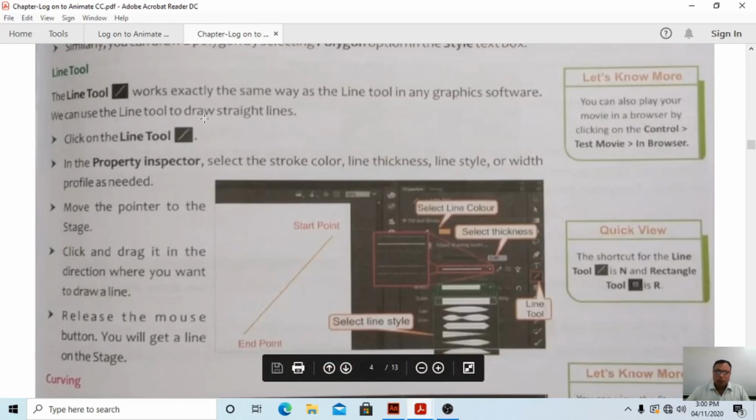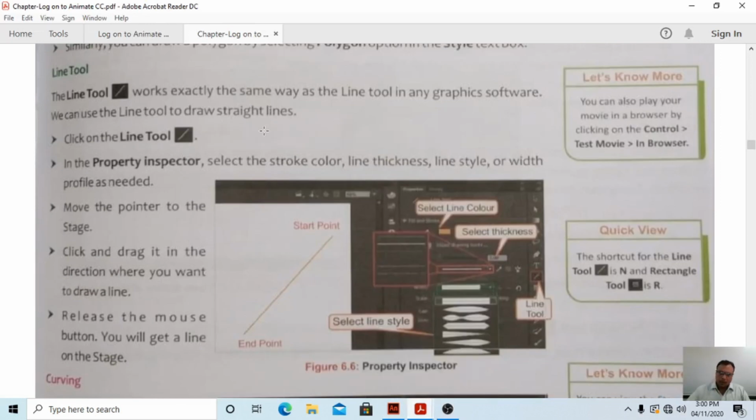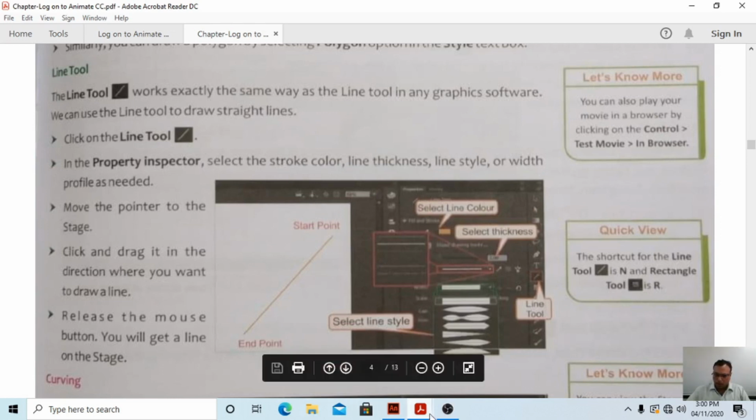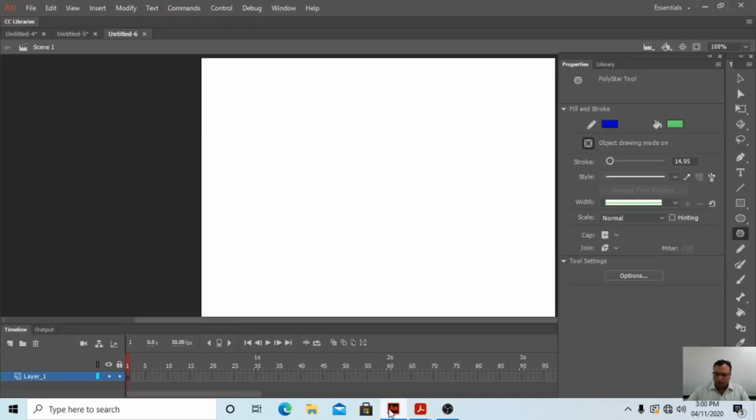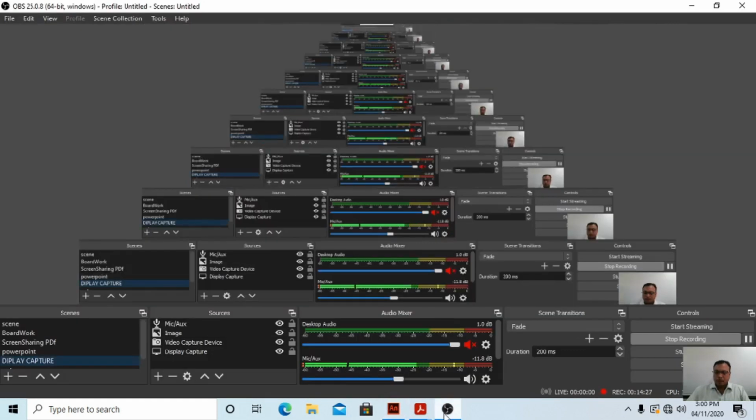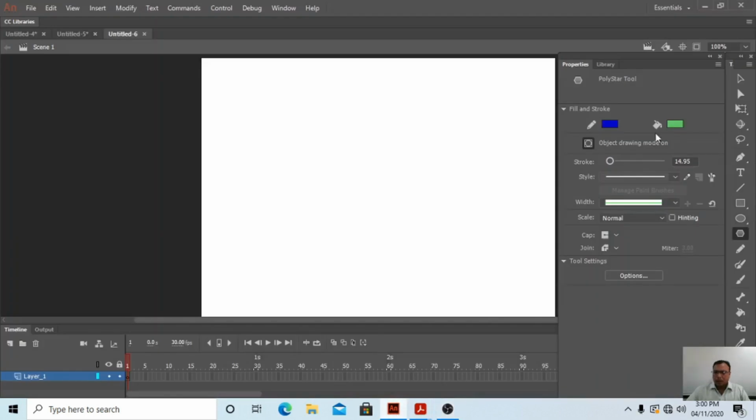We can use the line tool to draw straight lines. Click on the line tool. In the Properties panel, select the stroke color, line thickness, line style, or width profile. Stroke color, line thickness, and line style. Students, you can see here: first the line tool is selected, then after that, this is the stroke color, this is the style.